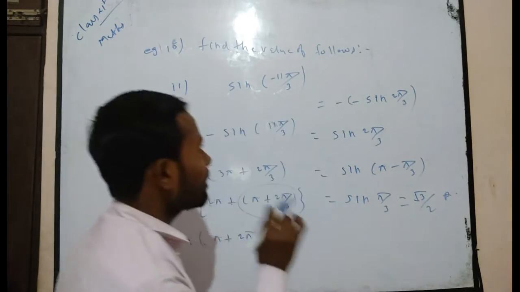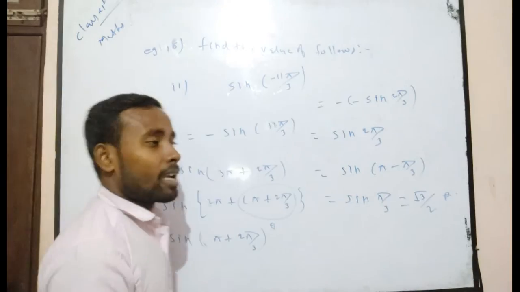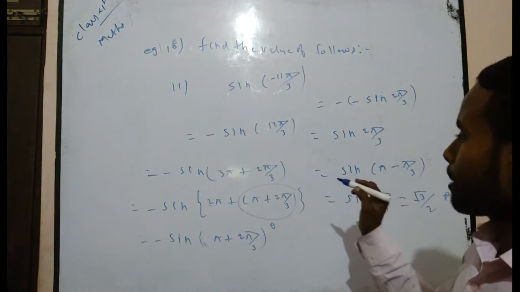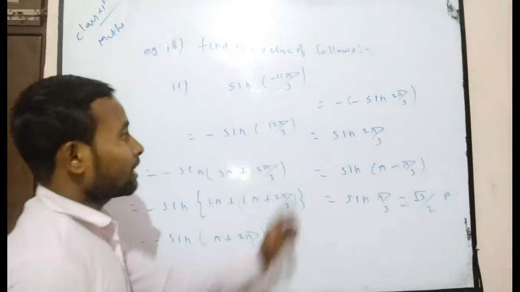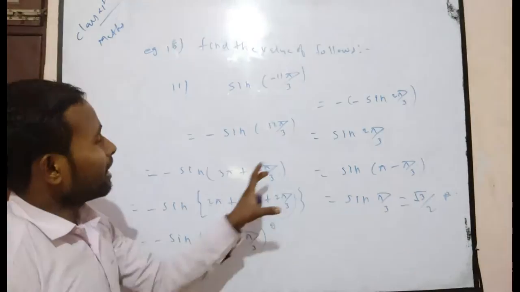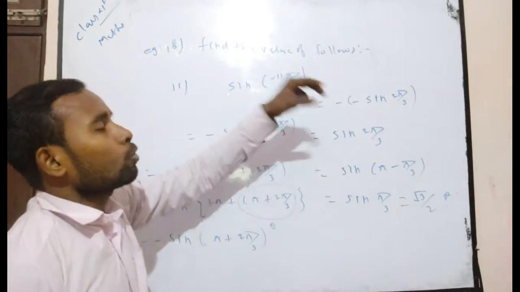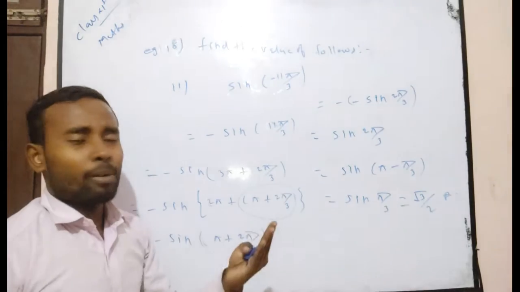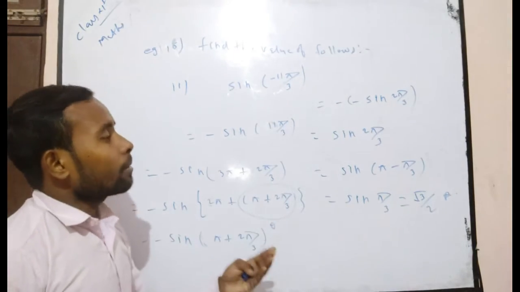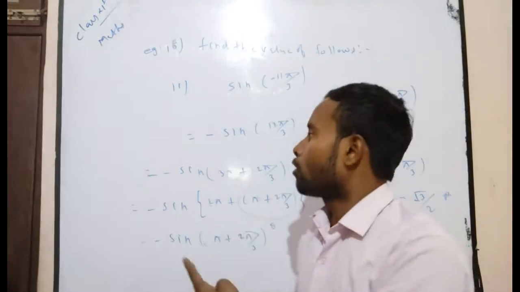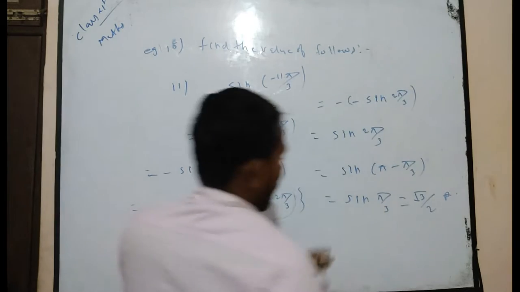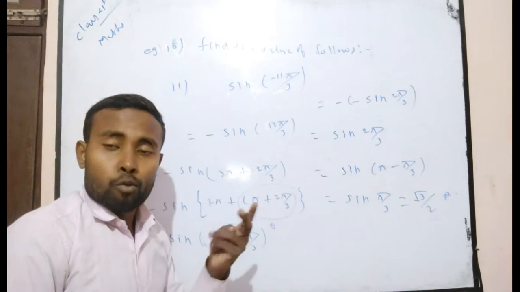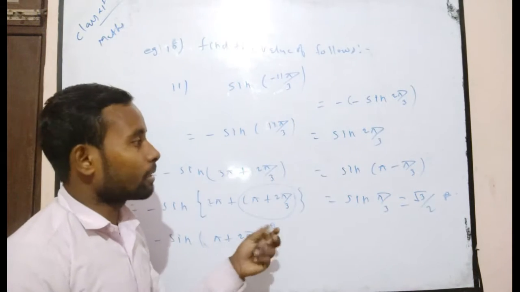I think this is the process. You always have to consider it this way. After it, everything becomes okay. This is a very simple problem. You only have to remember some standard formulas. If anyone asks you to find the value of any trigonometric angle for sine, cosec, tan, any value, then you can solve it so easily. Sometimes it may go through a long process, but it becomes very easy if you have already remembered the quadrant formula.